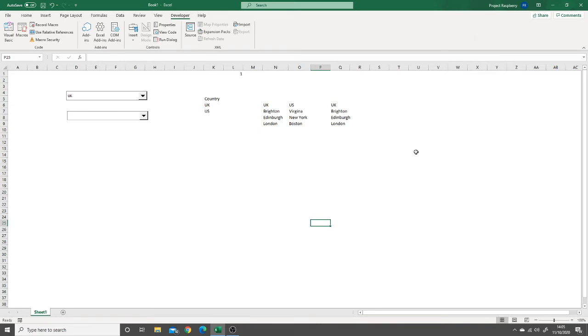Hi, in this video we're going to go through drop-down dependent combo boxes. So ordinarily you would use data validation for dependent drop-downs. However, if you do want to use a combo box, so for example you need the arrow to be visible, as in this example here, to make it a bit easier for users, then this is how you would do